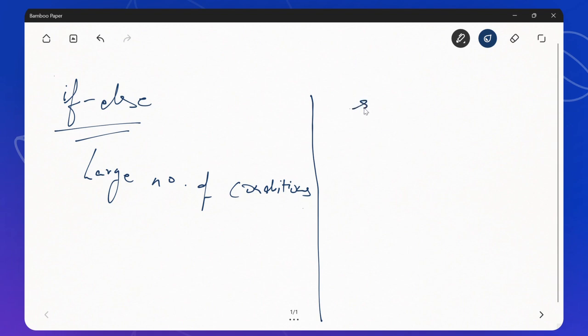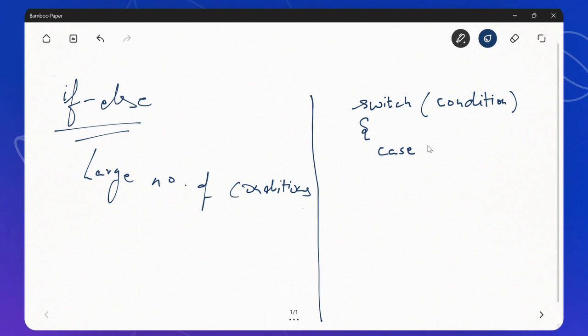So what is the syntax of switch case? We write switch, and within this switch we write the condition, and then we put curly braces, and for every condition there is a case. Then we write case, and then the possible values of that condition.